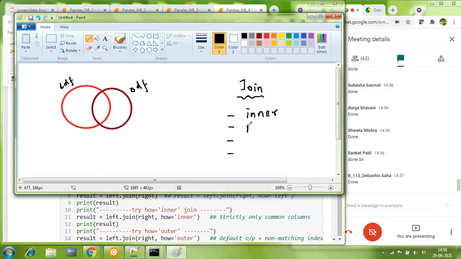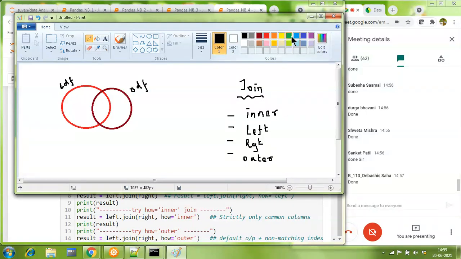I could have an outer join, in which I have the option of a left outer join, or a right outer join, or simply an outer join. And if I simply use the word outer, I mean a full outer join. So what are all the options? I can have an inner join, left join, right join, and outer join. Let me ignore the word full for the time being, otherwise it may create confusion. Inner, left, right, outer. Simple.